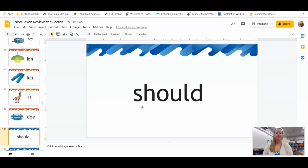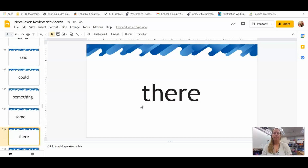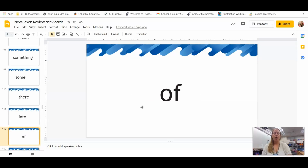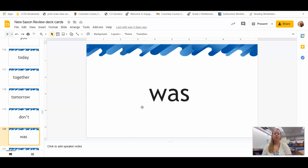Okay, here's your sight words. Should, said, could, something, some, there, into, of, they, do, you, today, together, tomorrow, don't, was, ate, are, full, from, for, where, been, push, to, the, one, come, there, what, bush,